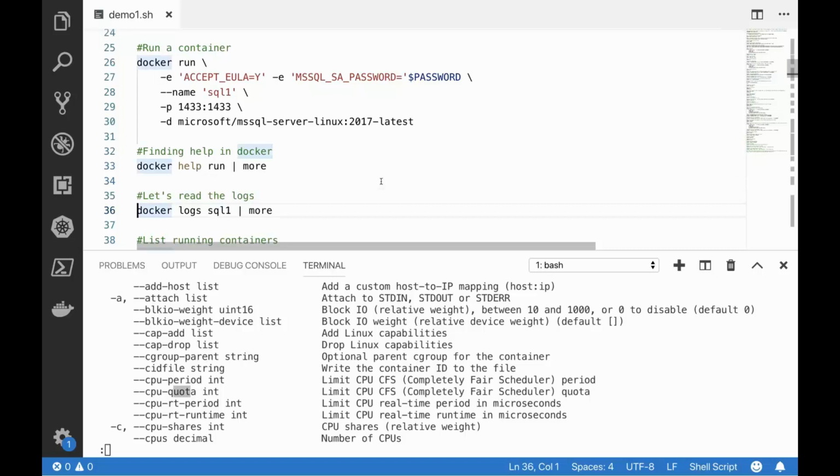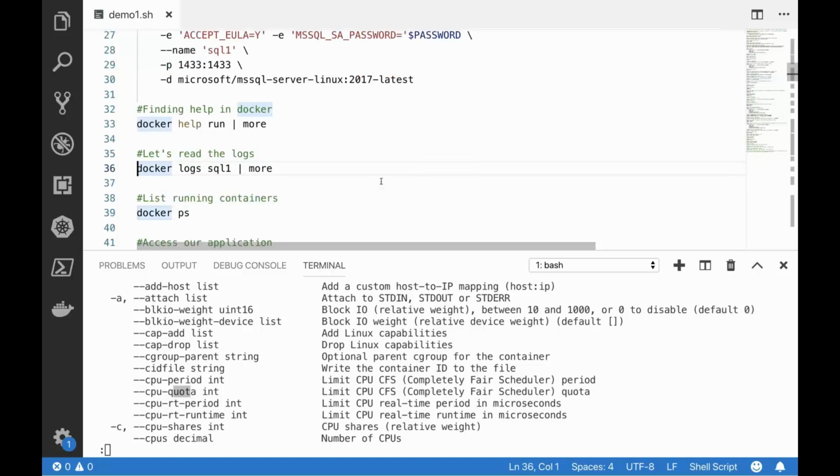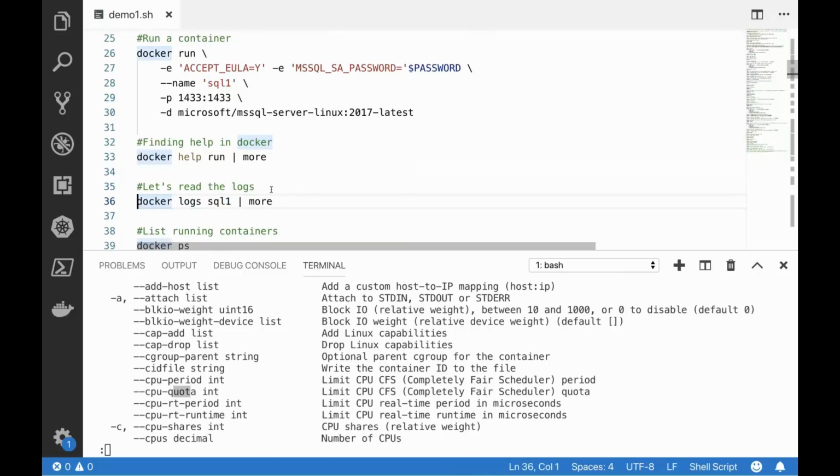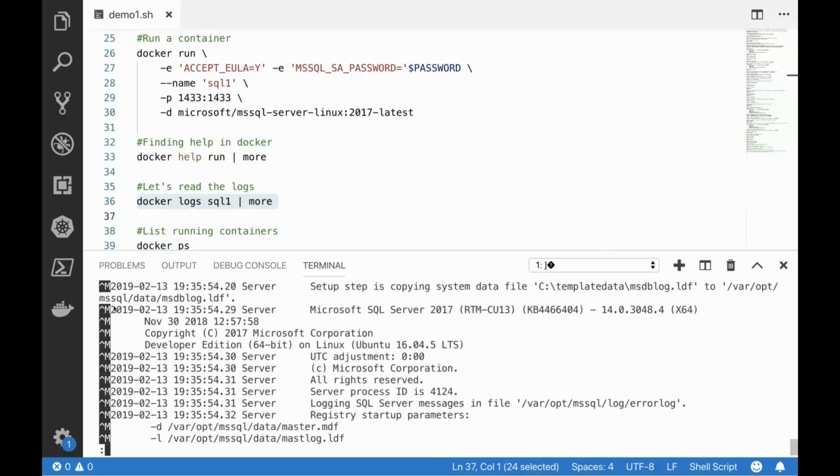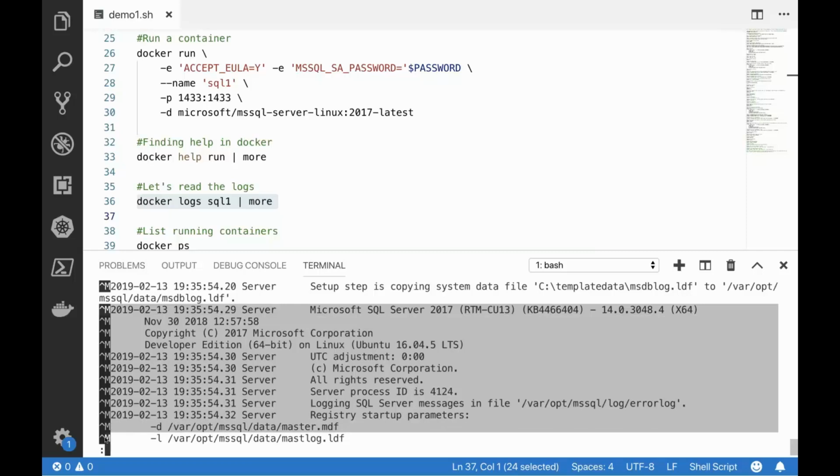One of the other things that you might want to look at before you get into your container, maybe it's not running. Maybe it's not up and doing what you want it to do. And one easy way to troubleshoot that is Docker logs. So we say Docker logs and then the name of the container that we just got up and running. I'm going to go ahead and run that. So if you look closely, what we actually have is the SQL Server error log. The SQL Server error log, when you're working with SQL Server on a console, writes to standard out. And it's the job of Docker to take that standard out and store that for you to access as part of the container's execution environment. So I can say Docker logs and access the standard out of my application.